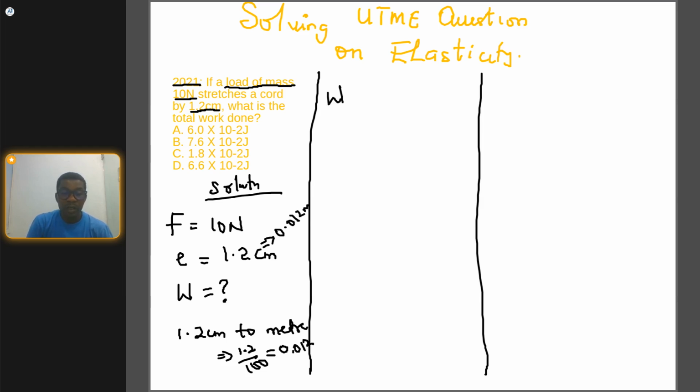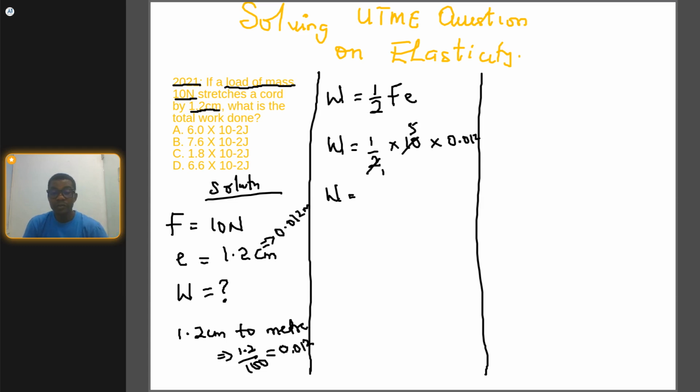So work done in an elastic material is given as 1 over 2 Fe, where F is the force and E is the extension. So work done will now be equal to 1 over 2 times 10 Newton times the extension, which is 0.012. Okay, we'll proceed to multiply this. If 2 cancels 2, we have 1, and 2 in 10, we have 5. So we have work done to be equal to 5 times